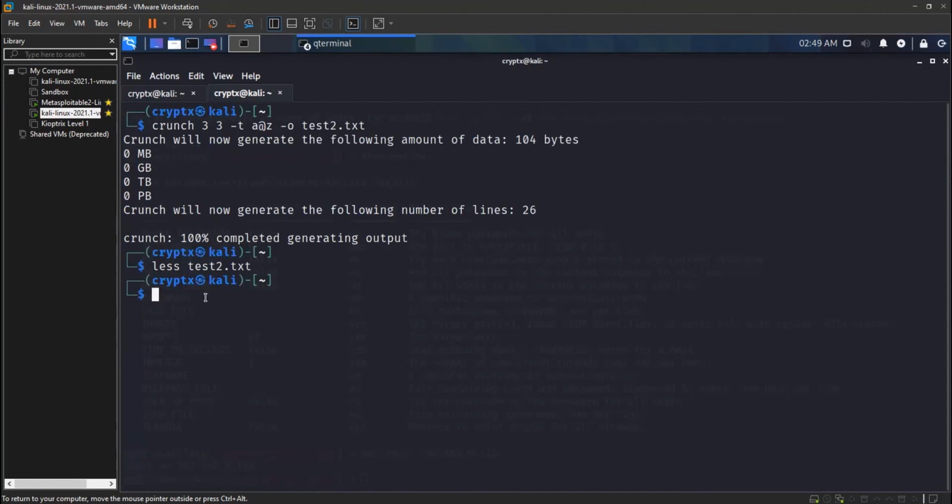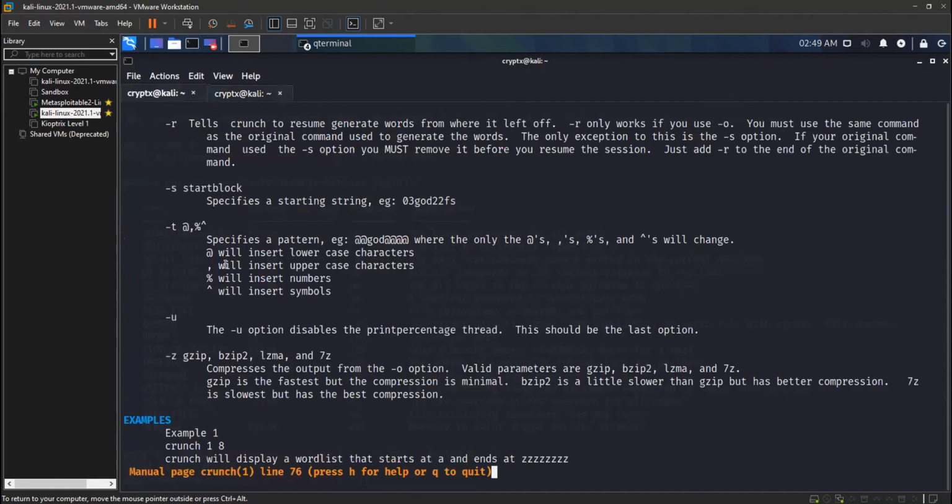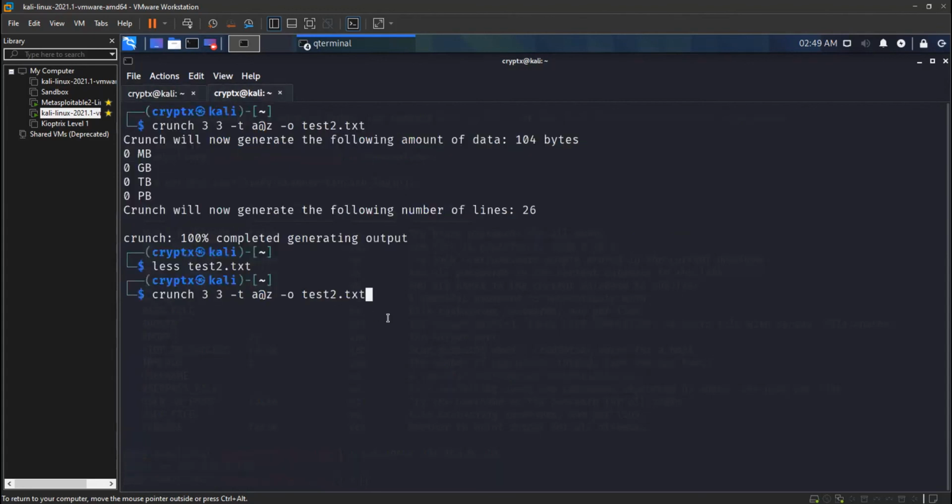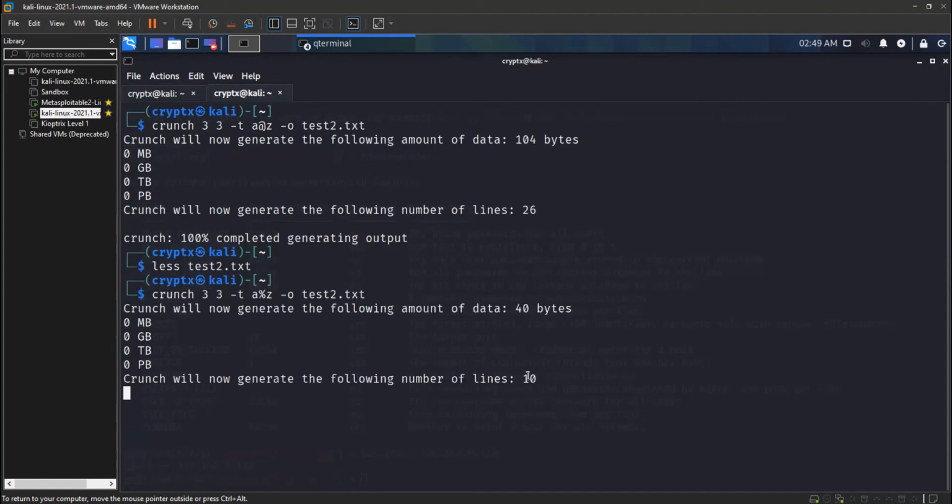if you want numbers, we can specify that by using, as you can see here, this percentage sign. So we'll enter this percentage sign here instead of that at-the-rate sign. It will enter random numbers here, which is 0 to 9. So I'll enter percentage. So it got 10.